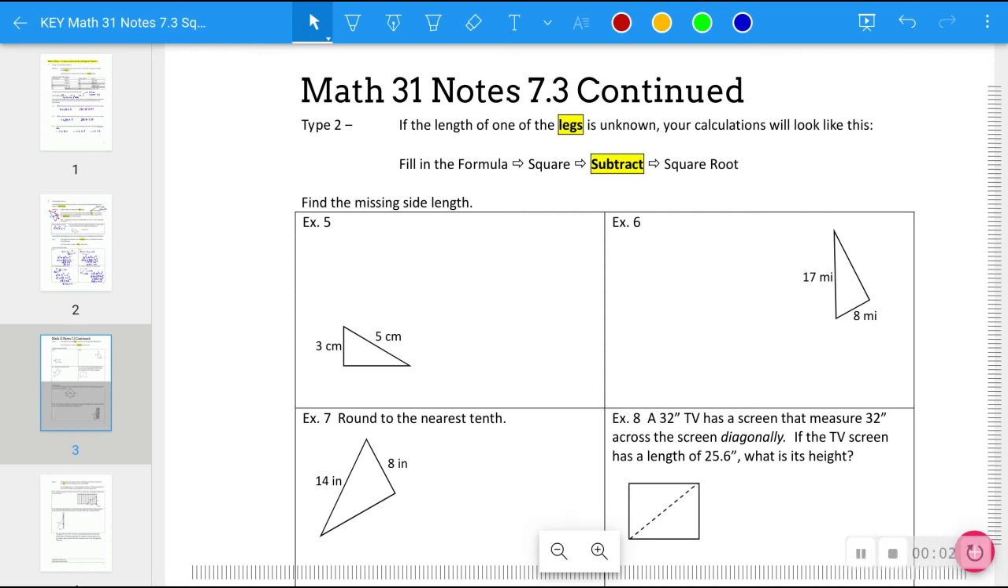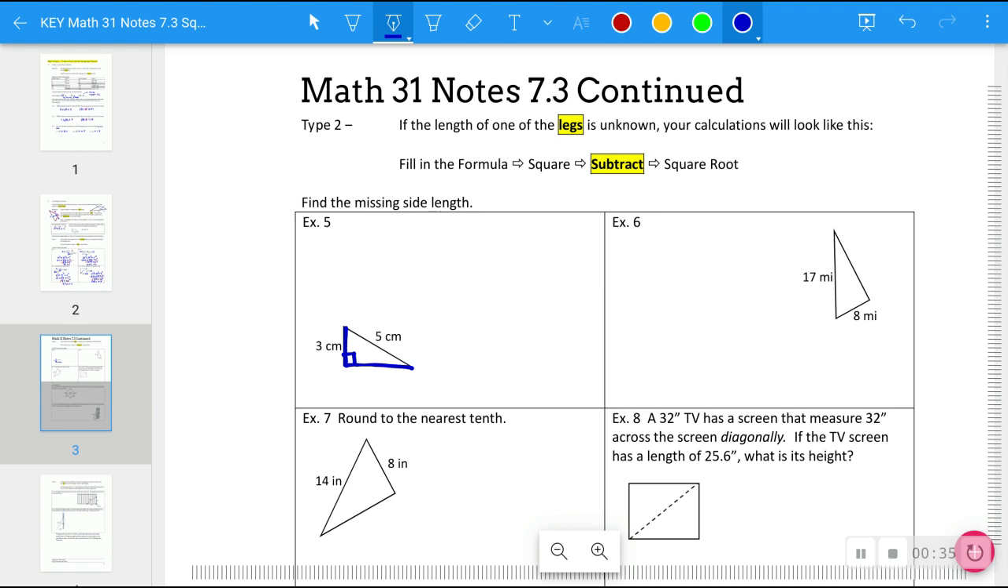This is the continuation for the 7.3 notes, which covers square roots and the Pythagorean theorem in Math 31. Okay, so what we've got here is the second style or type of problem you're going to deal with, and that's where one of the two legs that form that 90-degree angle is missing. So here's our 90-degree corner, and we've got one leg that's given to us, but the other leg is an